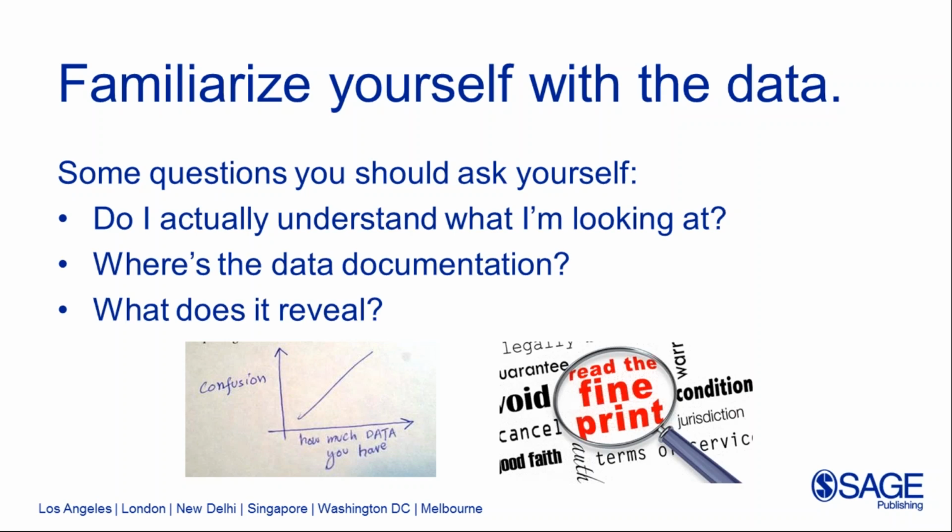If they do have a good grasp of what they're looking at, then the next few questions will help them get a feel for the quality of the data set. So where's the data documentation and what does it reveal? Data documentation or data notes can come in the form of a data dictionary, full methodology notes, or somewhere in between. And it's a lot like fine print. It can be really technical and really no fun to read